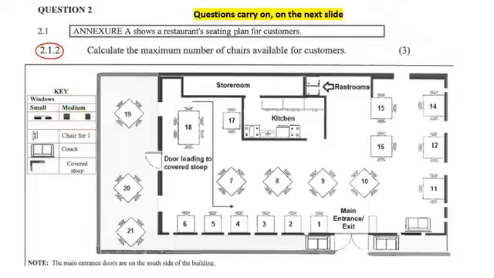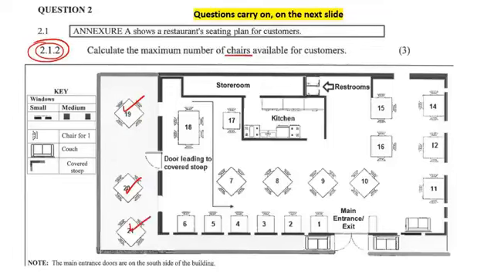Okay, so this next question says, calculate the maximum number of chairs available for customers. Now there are couches that they've told us about, but technically on the key they've called that a chair. So there's a chair and then there's a couch. Okay, and they said how many chairs are there. So let's not count the couches. So here's 4. You see, someone can sit there, there, and there. So that's 4,